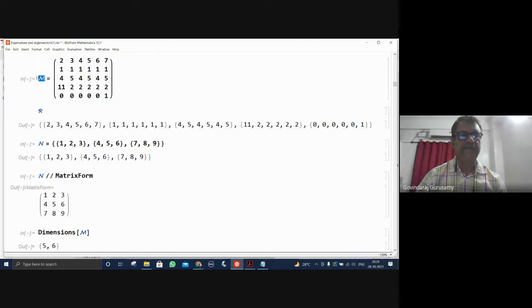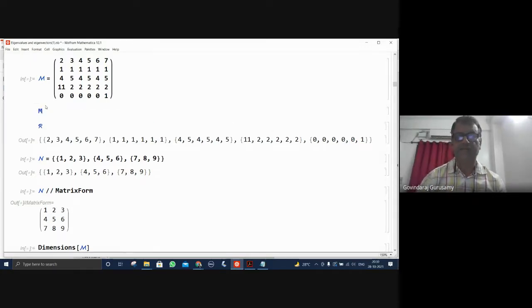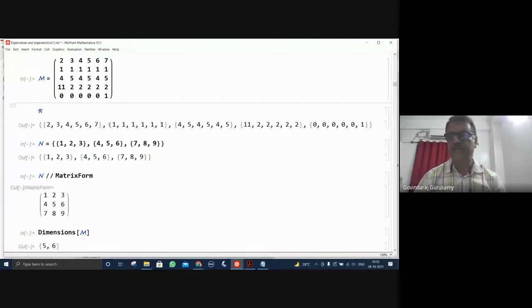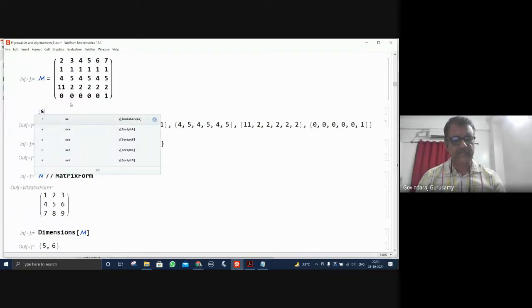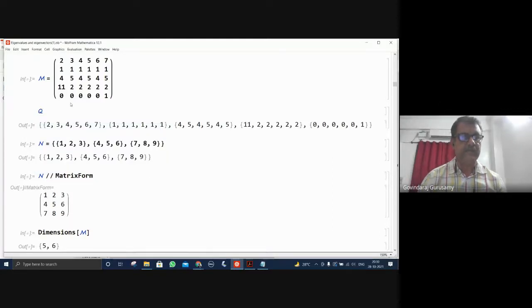Mathematica will differentiate this M from that M which you have. So it is an advantage if you use script letters to define some of the things. The only thing you should remember is how to enter these script letters. That's very easy. As I said, just press escape, small s, C, then any of the capital letters which you like, and that will become a script letter. Let me try script letters for a small case, which I have not seen. Yeah, that also becomes different.